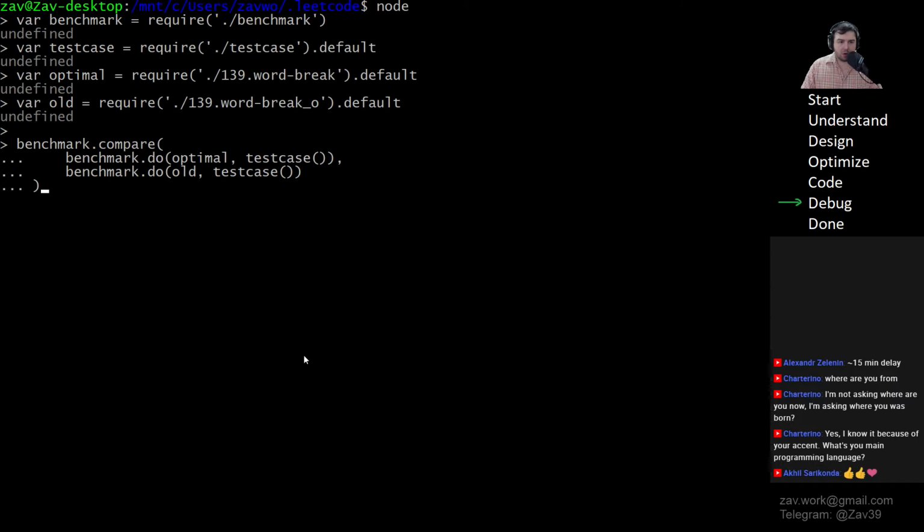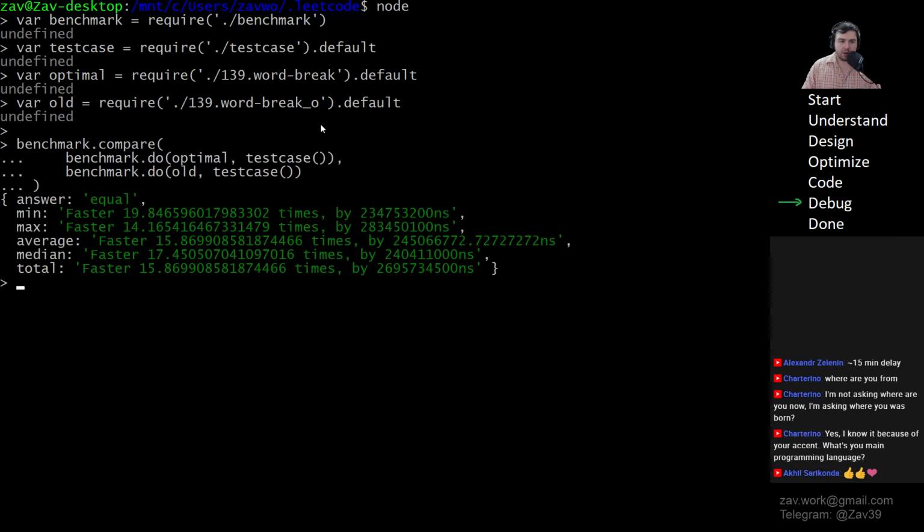I had preload benchmark, I had preload test cases, the optimal solution, which is my one, and the old one that is currently marked as the fastest one. So I run the benchmark, it will take some time, and we see that the answers of both of them are equal, and